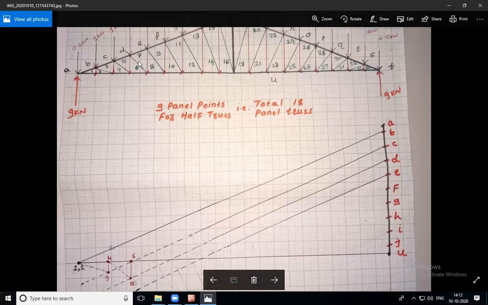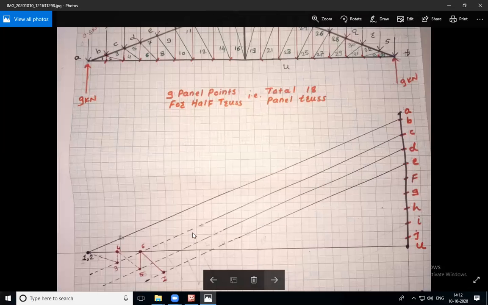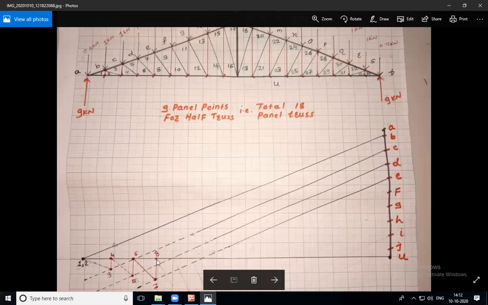Now after drawing that E7, 7 to 6. From 7 to 6, there is an inclined line. We have the location of 6. Draw one line which is parallel to the 7 6 line in the vector diagram. After drawing, our figure will be like this. Then 7 to 8, a vertical line. Draw one line which is exactly vertical from 7 and will meet U somewhere here. The location of 8 will be known. Then our D point is completed.